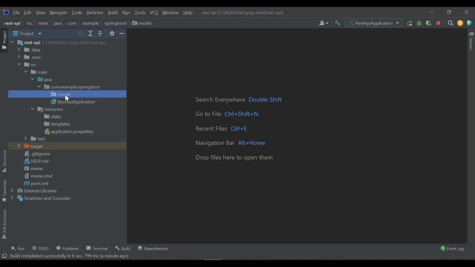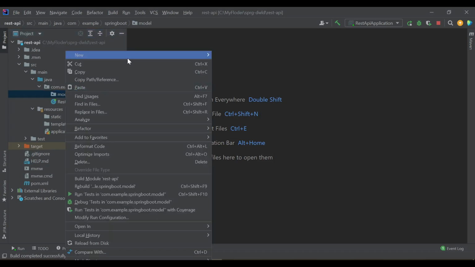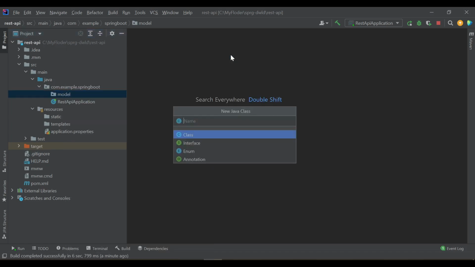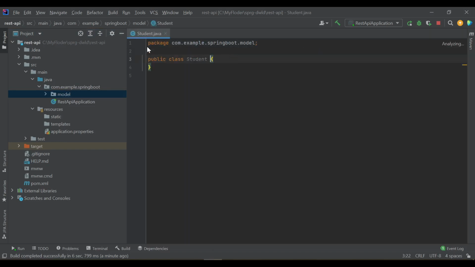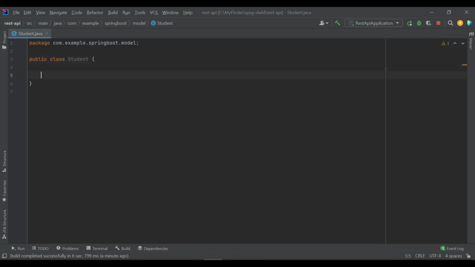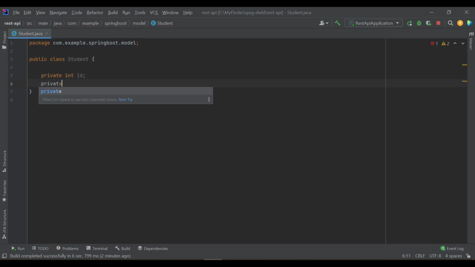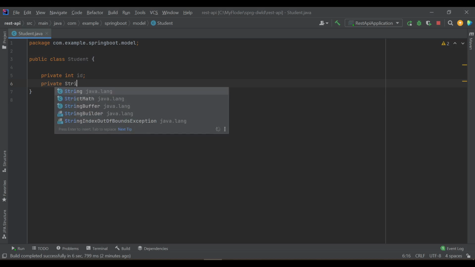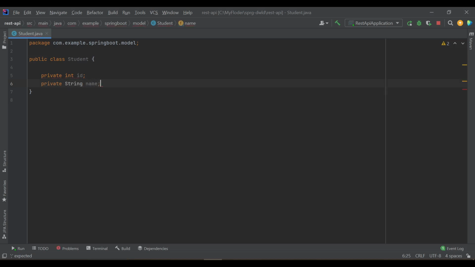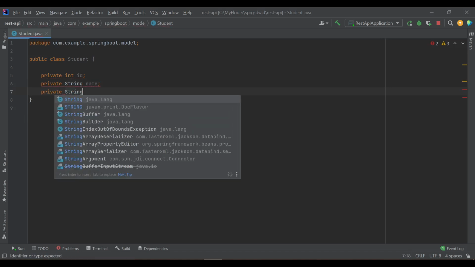So first, we are going to create an entity, a student entity, so name it Student. Okay, and I will define some attributes: private int id, private String name, and next attribute, to keep it simple, I will take an email.